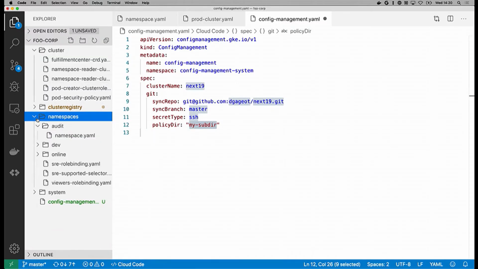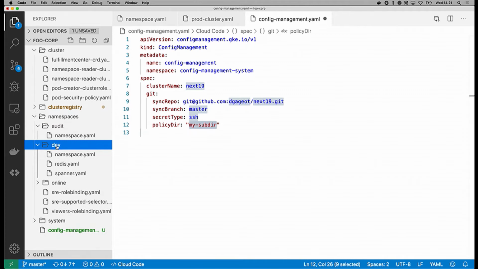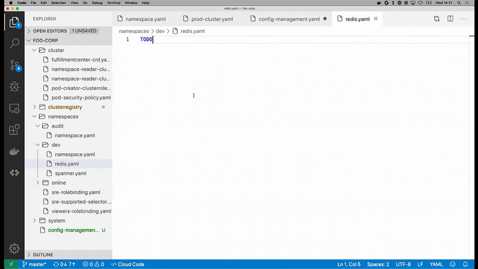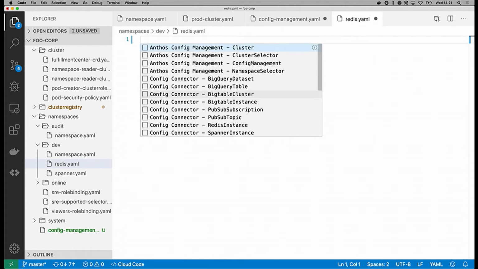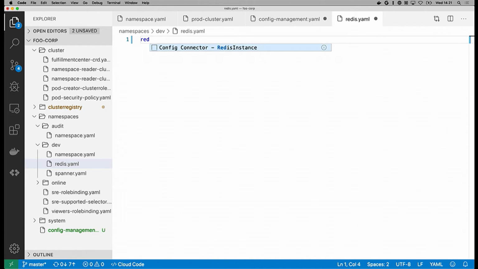So quick demo. I'm just going to configure a Redis database and a Spanner database. I'm not going to do it like fully, just show you the YAML config. So I'm going to do that somewhere. I don't remember where. Yeah, dev. Here I've got a dev namespace, and I'm going to configure a Redis database. Again, just YAML. I think you got the point, right? I'm just going to show you, but